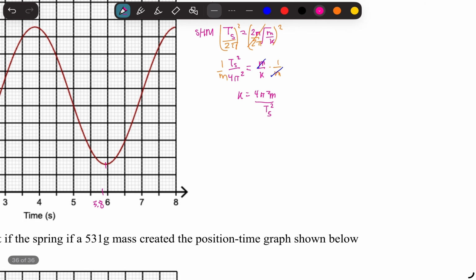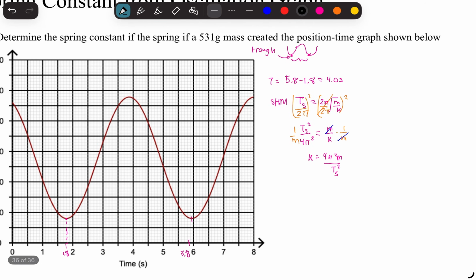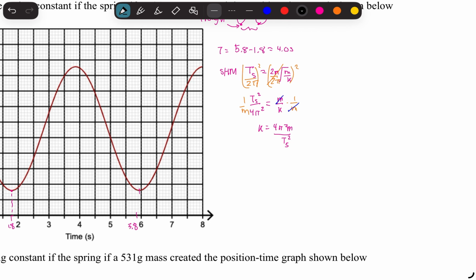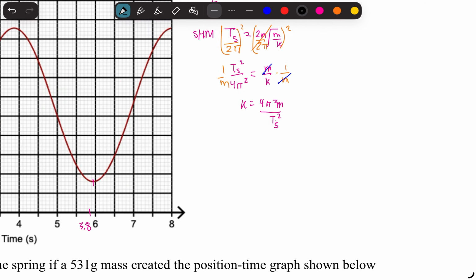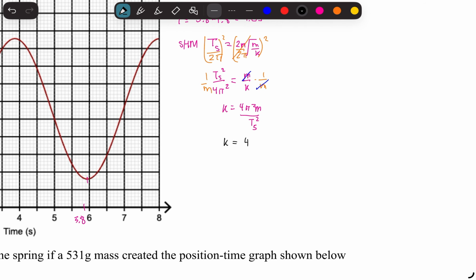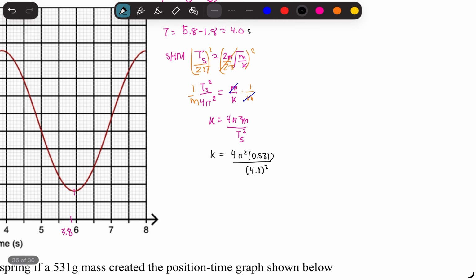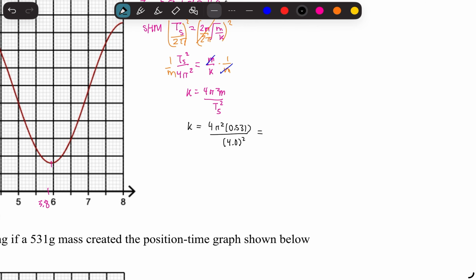Now after this, you can plug in your values based off of what we are given. We're given a 531 gram mass. In kilograms, that has to be your SI unit, so it's going to be 0.531. So k is equal to 4 times pi squared times our mass, 0.531, divided by our T_S. We got approximately 4.0 seconds, so that's 4, and we're squaring that. If you plug this into your calculator, that equals 1.31, and your units are going to be